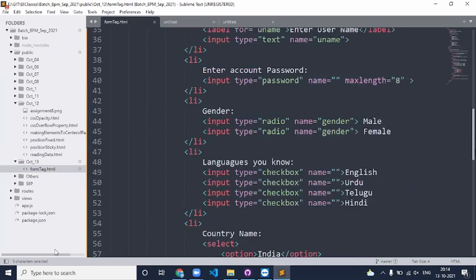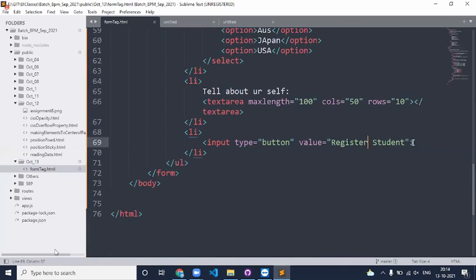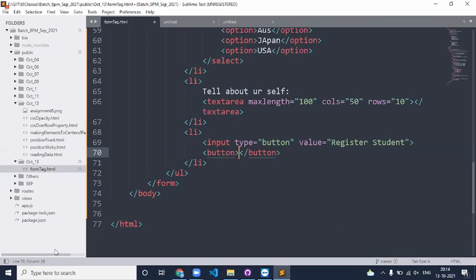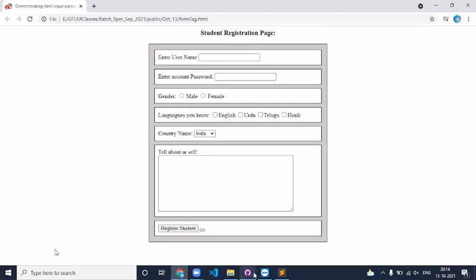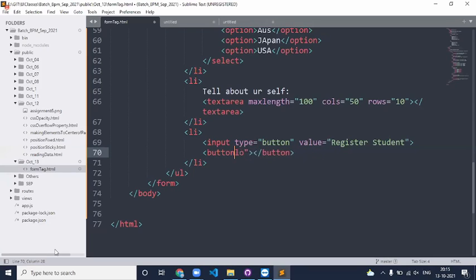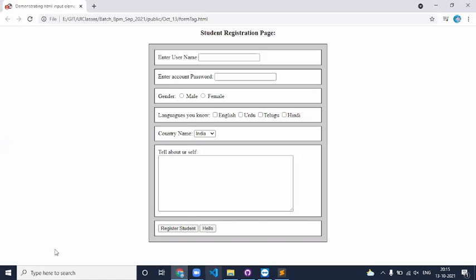Whenever you are creating buttons, you can actually create a button in three ways. There is something called button, a predefined tag. You can simply say type button and value equal to hello. Save this and reload the page. This is how the button comes. Now, if you save this and reload the page, it is also creating the same type of button.